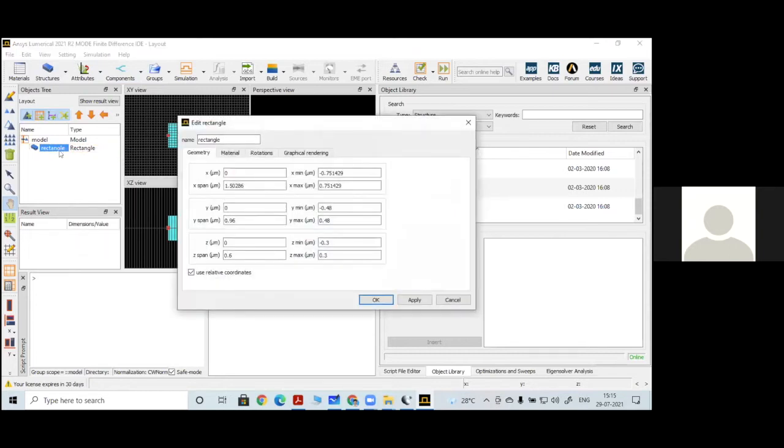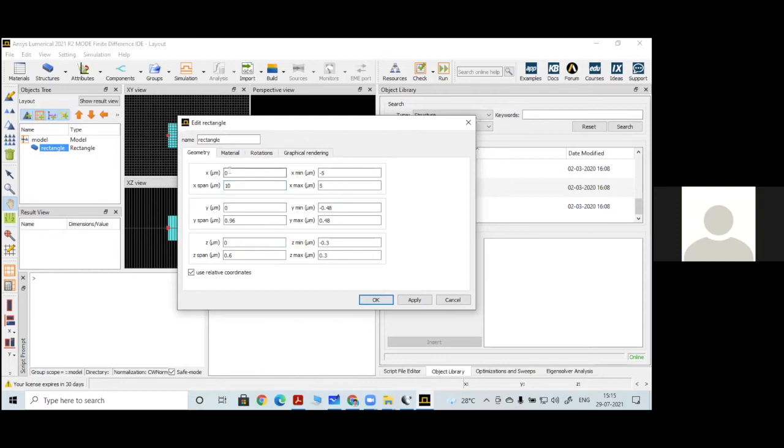So you can right click this particular material. The geometry has been taken as a 3-dimensional rectangle. Now this is the X coordinate, this is Y, this is Z. Here you should remember this Z is for the height, the thickness. This Y is for the propagating direction, and this X we are defining for the width of the waveguide. Let us take the overall width as 10. The overall width is 10, and this is the shift actually.